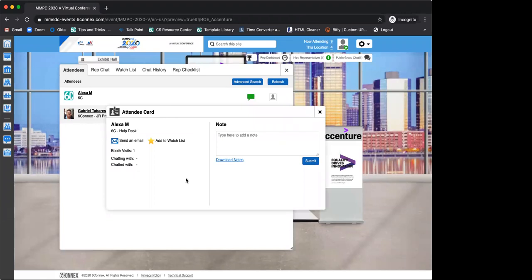What does this attendee card do? Well, you will have the name of that attendee, their company, it's gonna show here, but you have several options. One, you can also send an email through here. But the other one is you can add this person to the watch list. What the watch list is, is that you can send people into something that we kind of call a favorite list, or not favorite per se, but anyone that you want to get in touch with later, you can add to the watch list.